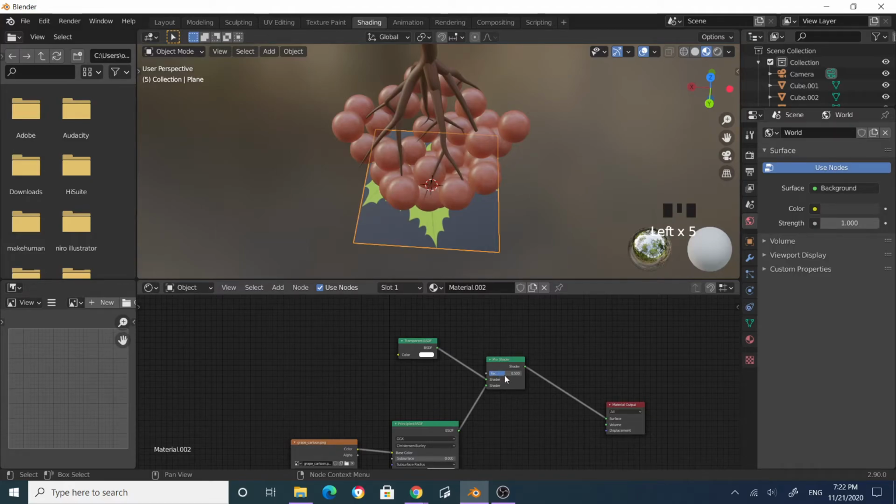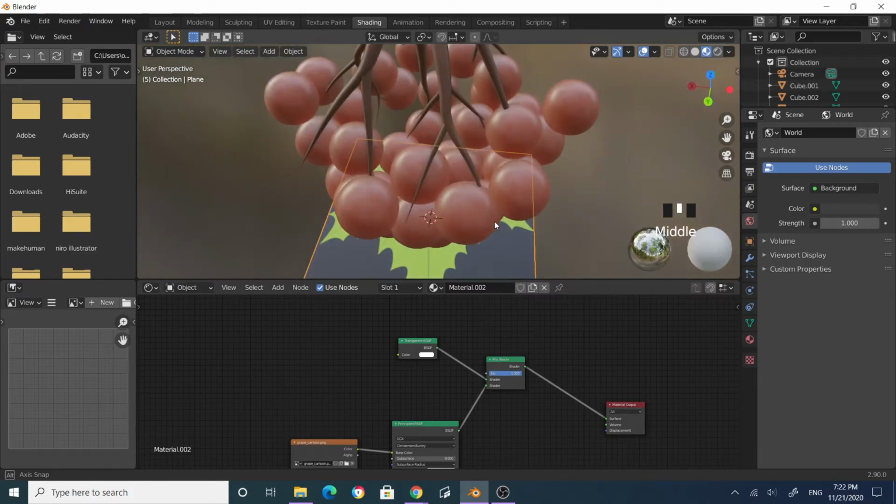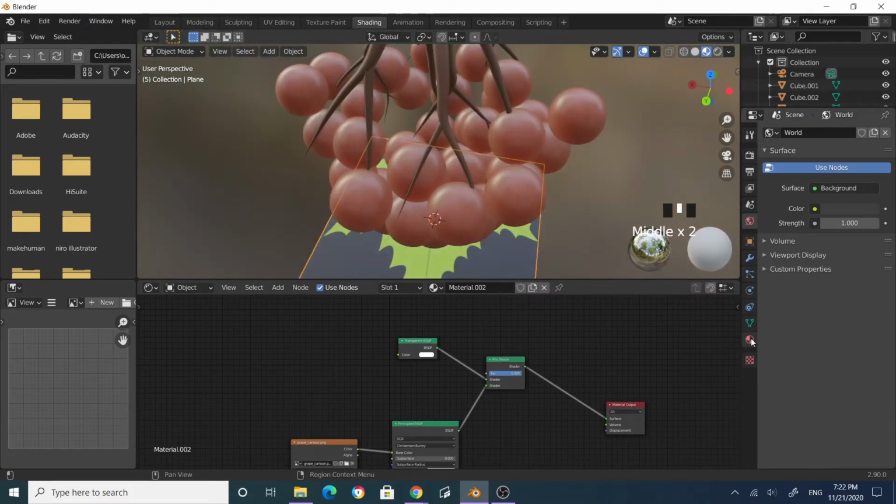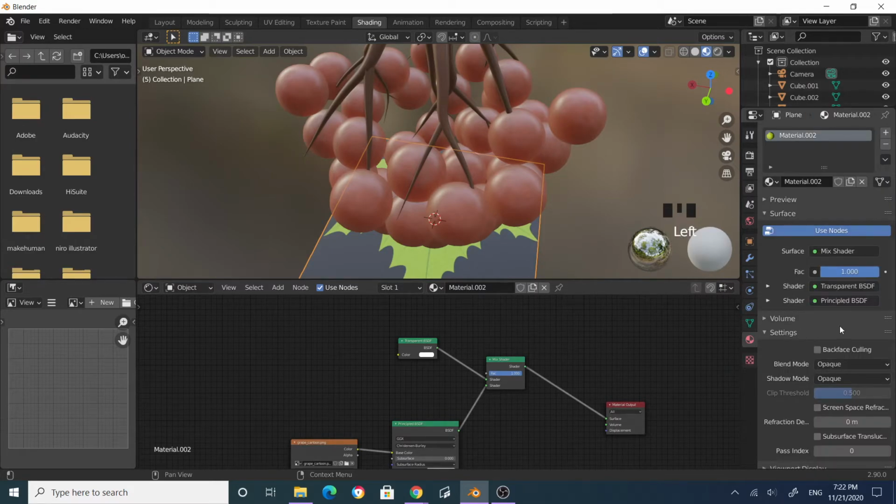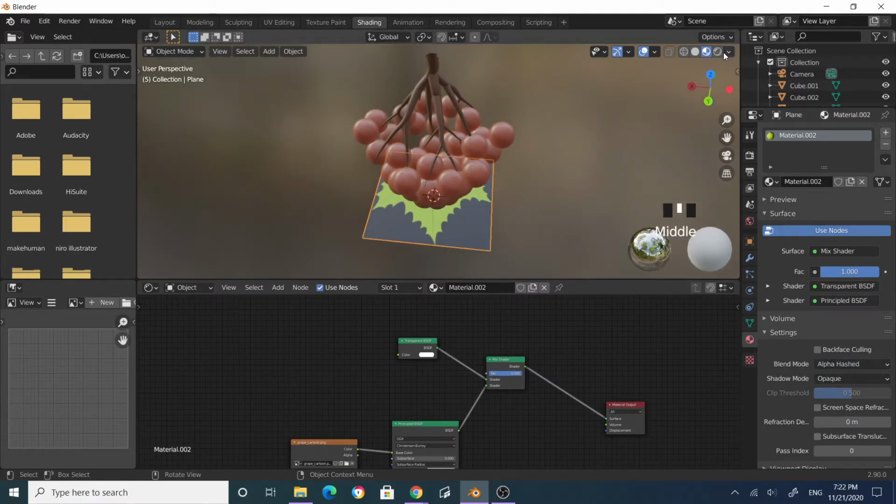And then there is a factor here, but you don't see any changes yet because you need to go to the material tab, and then under the settings, under the blending mode, you need to put it into maybe alpha hashed or maybe alpha blend, whatever, alpha, right? And then if you go to